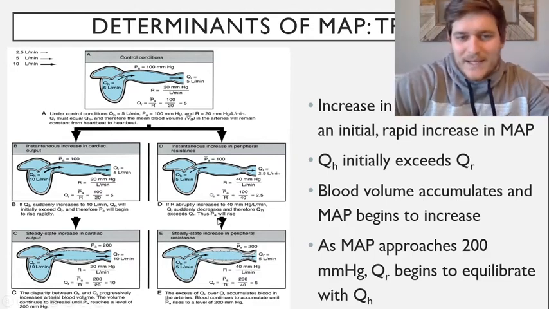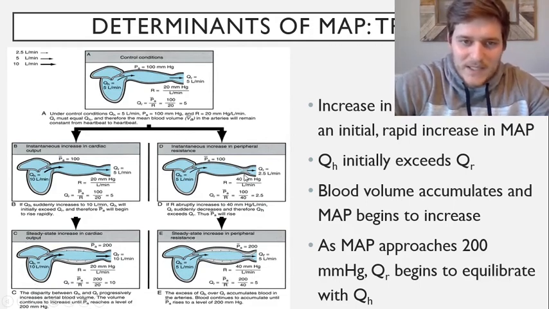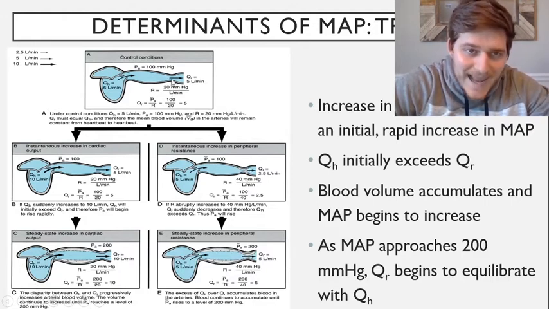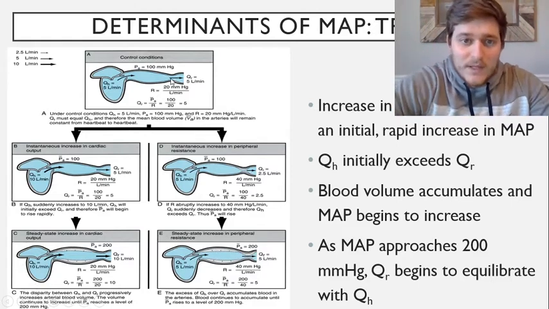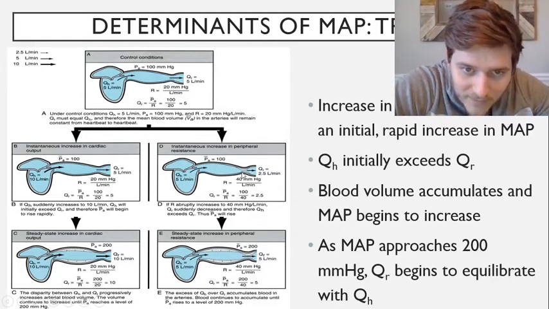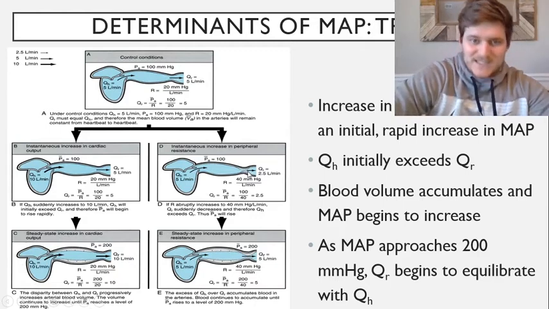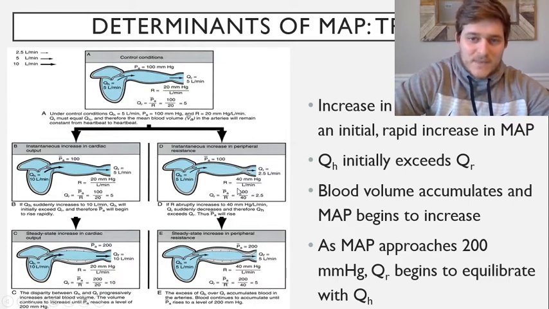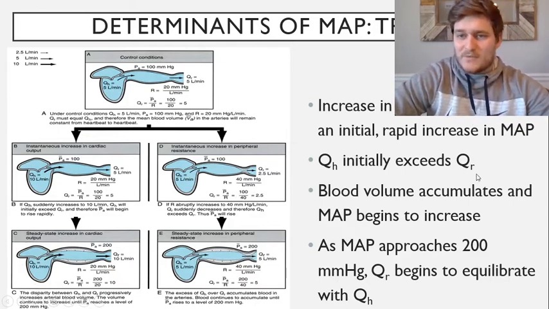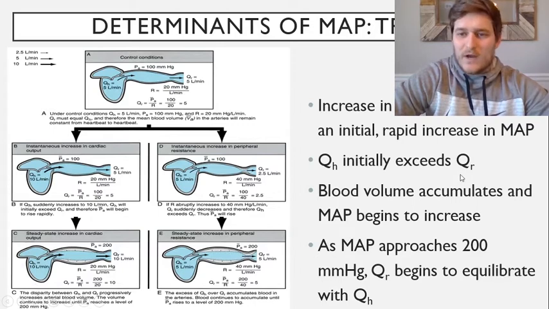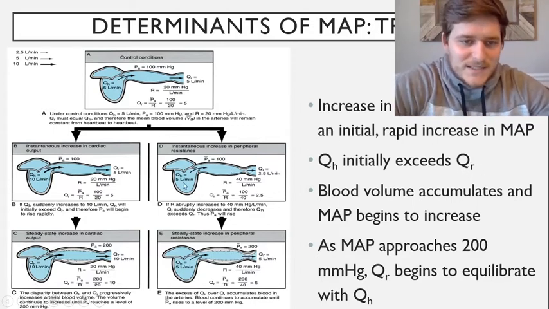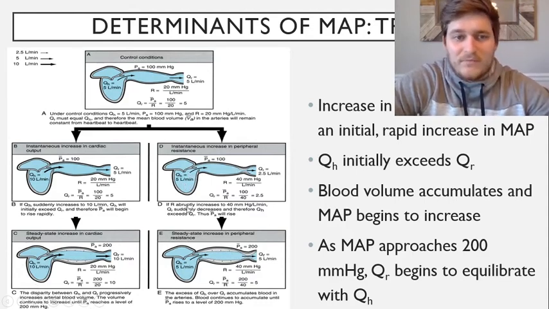So if we kept cardiac output the same, but we increased resistance, which remember, mainly we talk about blood vessel radius. If we look at A here, which is our control, and compare it to D, where there is less radius, where there is less space for that blood to travel, well, then resistance increases. And so that ultimately is going to impact that runoff, that QR in our case, right? And so again, we get the same issue, that the output of the heart